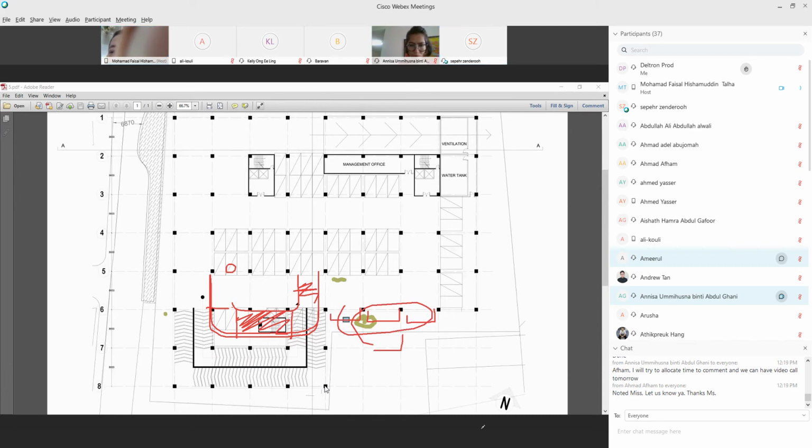The ground floor, actually. I think you can get here, isn't it? No. Normal car park. And parking. I don't think you can park here. You cannot park here. I believe if I push it up too much, it will affect the side setback. It will affect all this. Alright, let me see your ground floor.